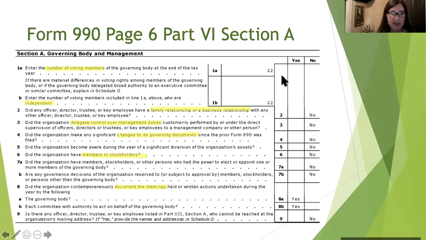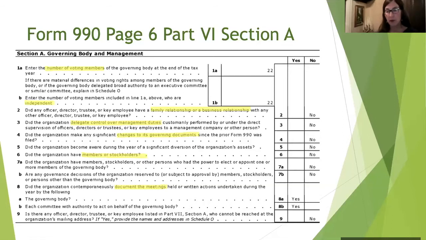And you can see there, the top question, 1A, asks you to explain stuff in Schedule O. And as you go through this whole document, it's going to ask you to explain lots of stuff on Schedule O. So just make sure you keep all your little notes as you're going through this, and then go to Schedule O and type in all the stuff they want you to type as an explanation, which is also really helpful,